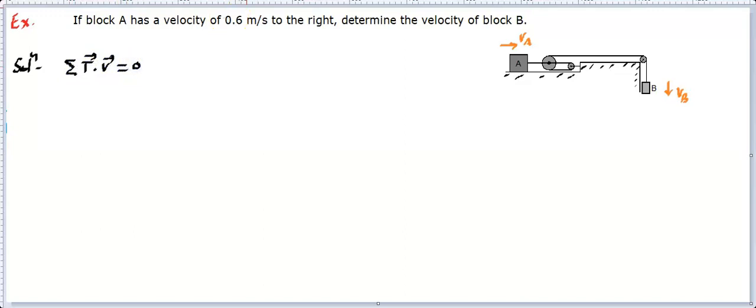So let me draw these tensions. Let's assume this has a tension T. The tension will be acting on the block in the upward direction, and this is the velocity. So that's B. This string is the same string, so it will have the same tension. This string passes over this, so this will have the same tension. This passes over, so this will have the same tension. This also passes over, so this will also have tension T up to this point.